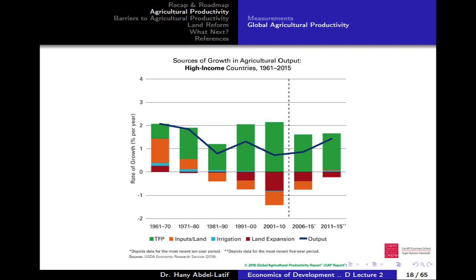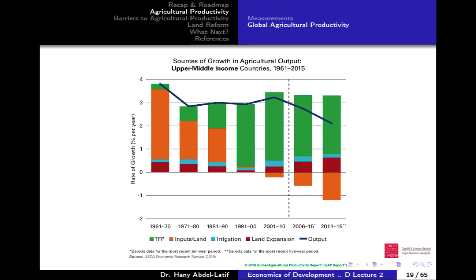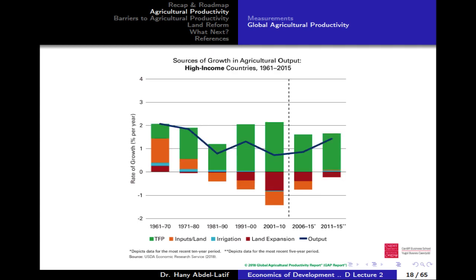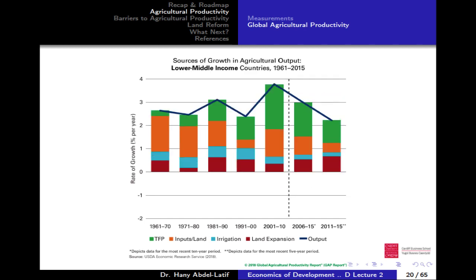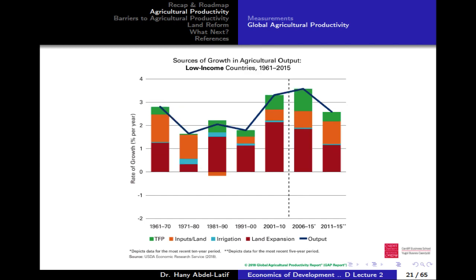We'll discuss it for different countries. High-income countries, if you see here, it is increasing actually. If you compare this to upper middle income countries, look at the output growth is declining. Here it's increasing. If you look at lower middle income countries, it's even further, steeper, like you see, going down. And a similar situation in low income countries.